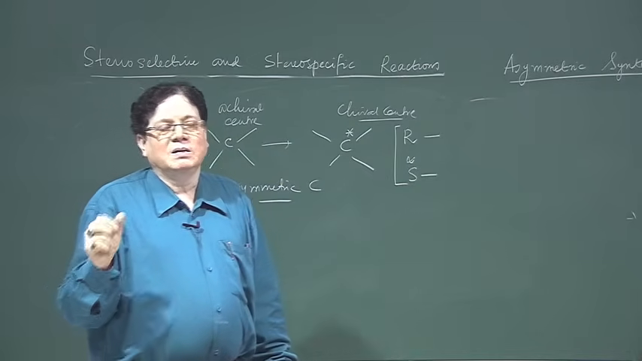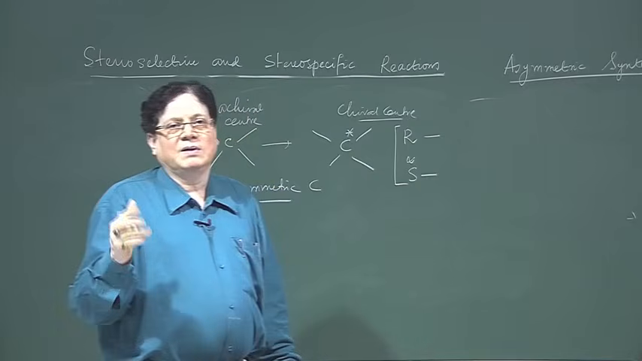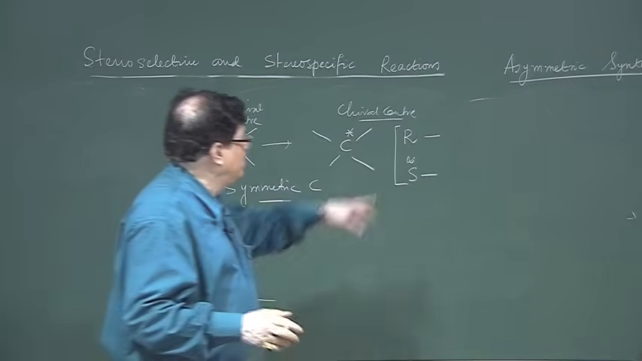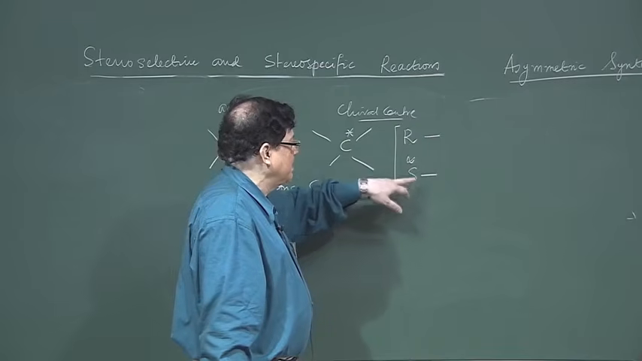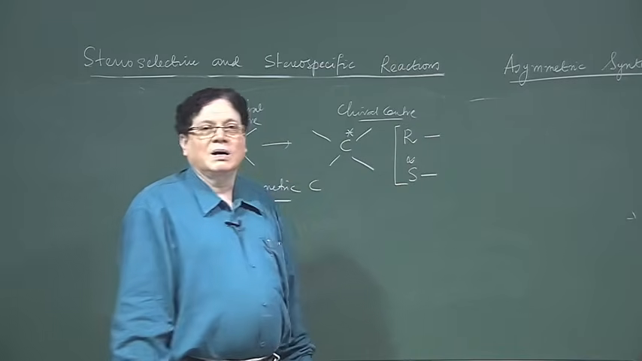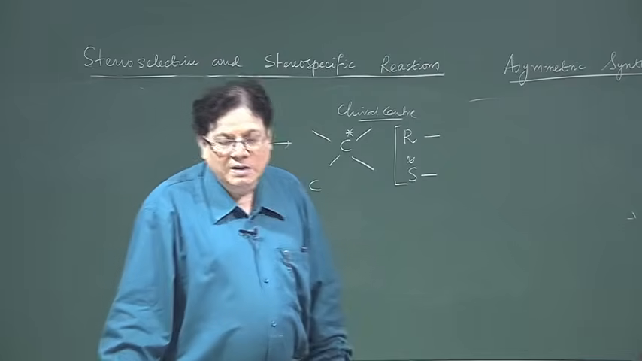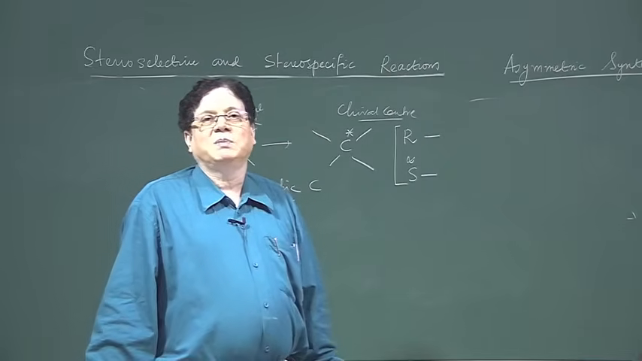Now, there is a thing of degree of asymmetry. As I said, you can get 100% of this, almost 100%, or you can get 90% of this and 10% of this. So, there is a thing that is called degree of asymmetry, which is expressed in terms of,